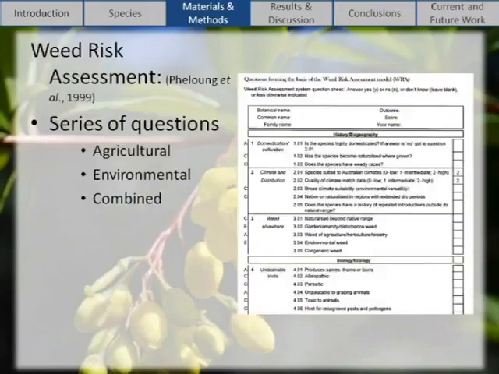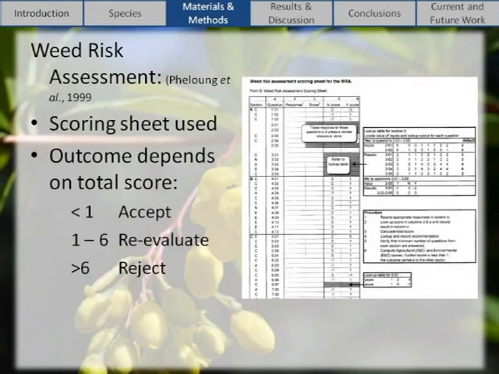And then finally I followed the Australian weed risk assessment protocol to get an idea of the risk that the species pose. So it's a series of questions which you research and answer, and then based on the answers you give, a score is allocated, and depending on the total score, the species is either rejected, or accepted, or re-evaluated. Now, since this was